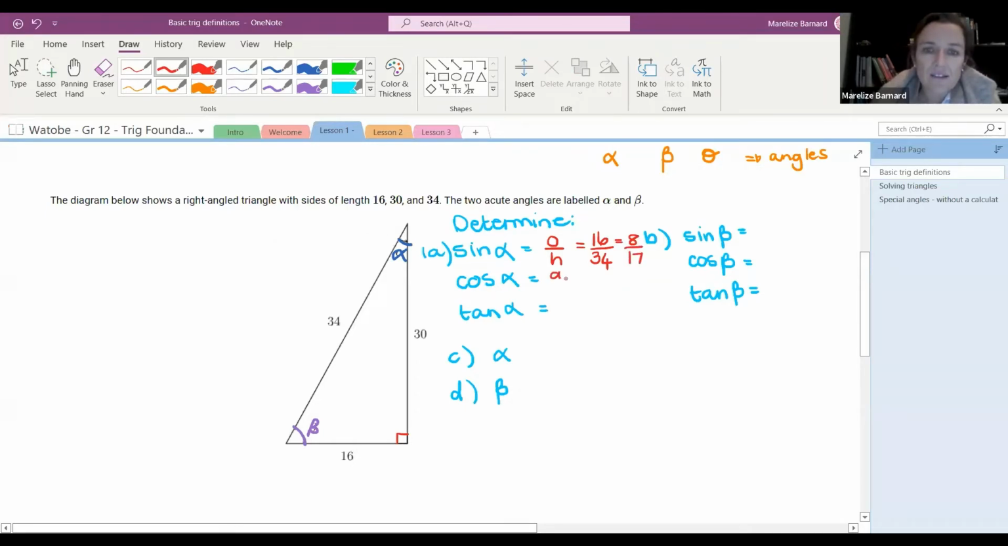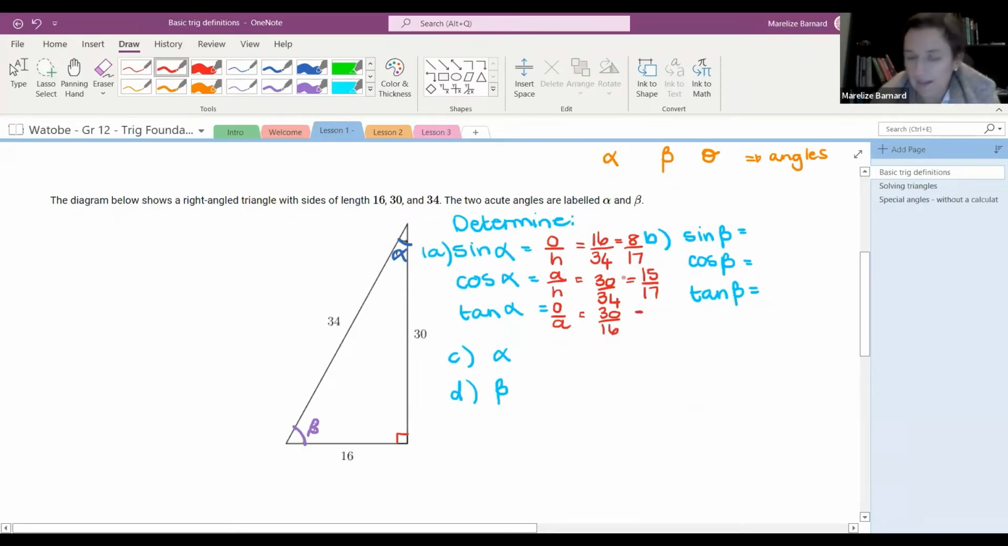Cos of alpha is the adjacent over hypotenuse side. So adjacent, we said, is next to, so that's 30 over the hypotenuse is 34, and we simplify that to 15/17. Good stuff. Great. And then lastly, tan of alpha is opposite over adjacent, TOA, opposite over adjacent, and that is